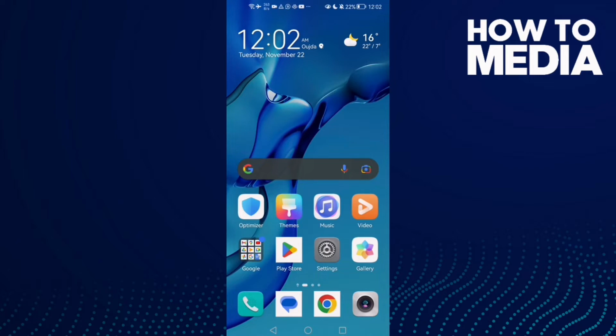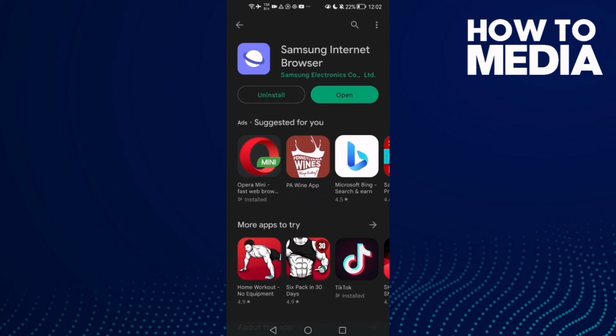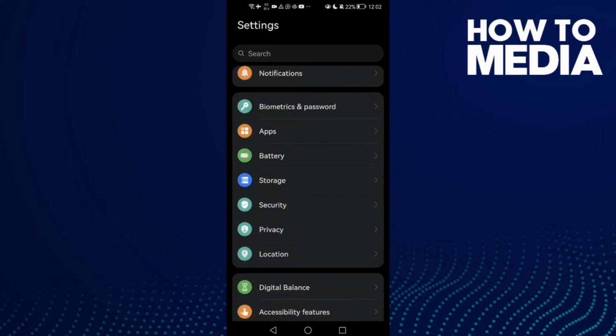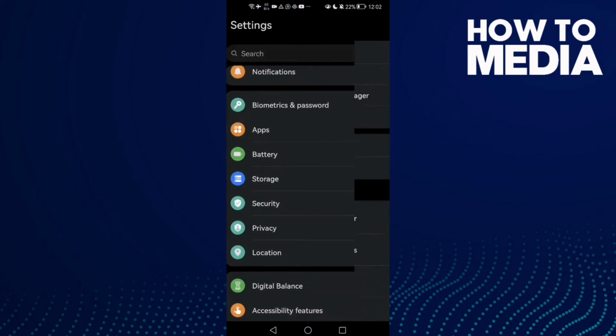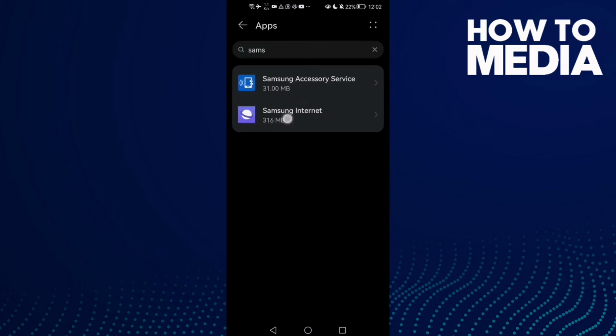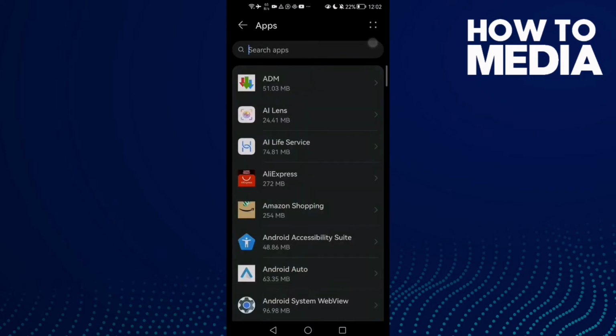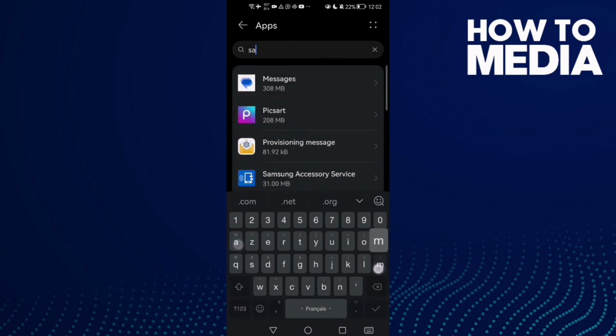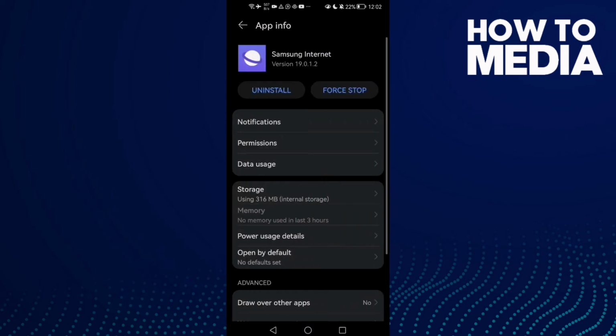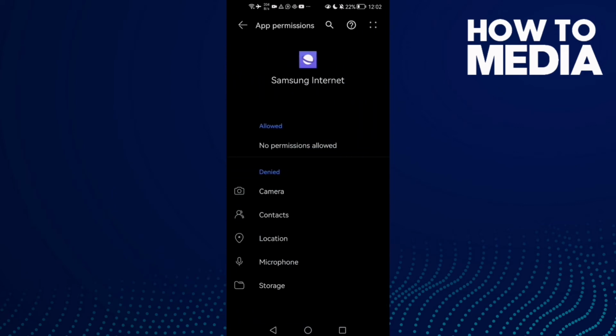First thing you need to do, go to Play Store and then make sure your Samsung internet browser is updated, and that's it. After that, go to settings and then apps, and now apps again and click Samsung internet browser. Just type it and then click on it, and now click permissions, and here give it all of those permissions here,